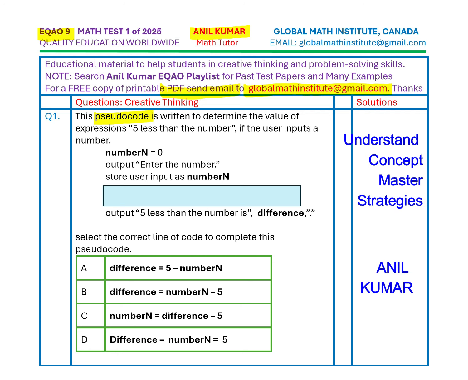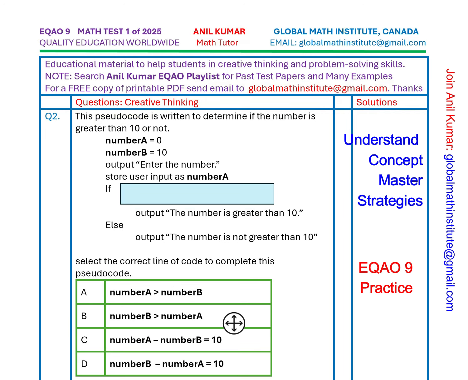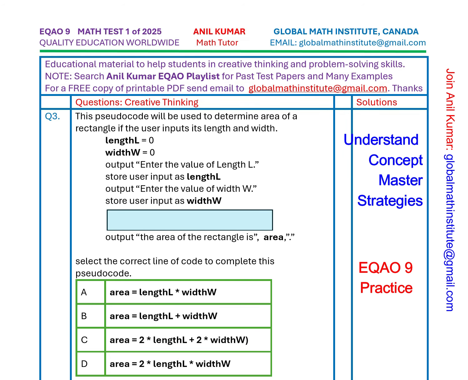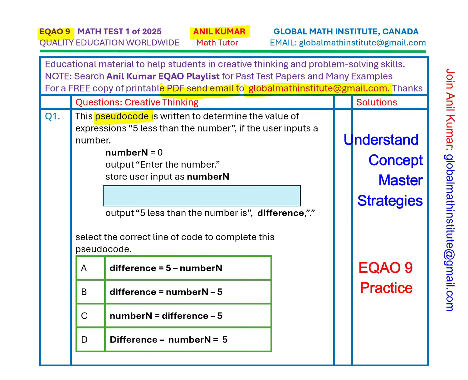We are going to answer three questions which will give you a fairly good idea about how we get these questions right in the test. So here is question number 1, and then we'll show you question number 2 which will involve two variables, and then question number 3 where we are going to calculate the area of a rectangle. So let's begin with the very first problem, which is